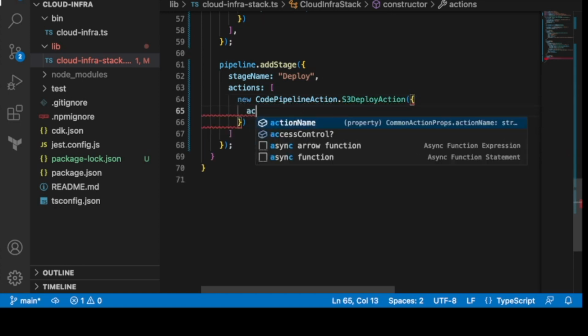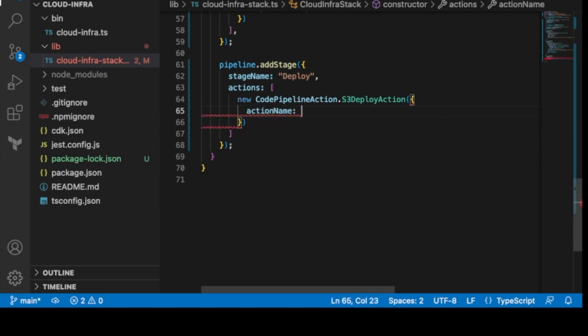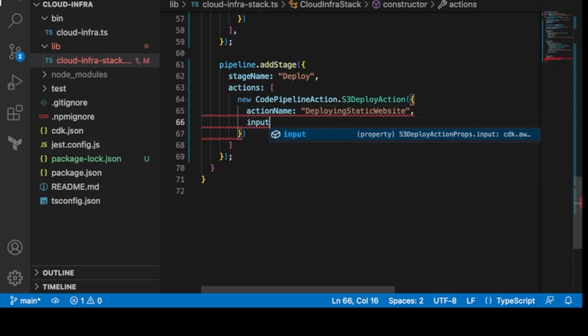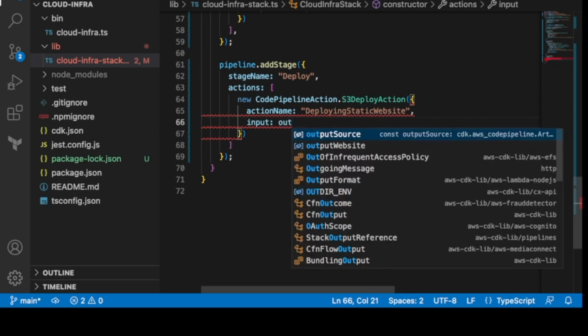And in the deploy action, we have to give an action name, just like we mentioned above. And we're going to name it as deploying static website as the action name. Input is going to be from the previous stage,